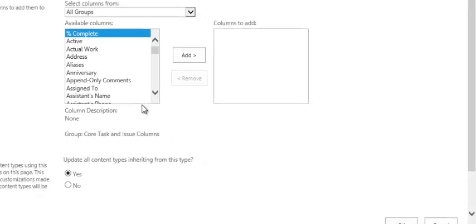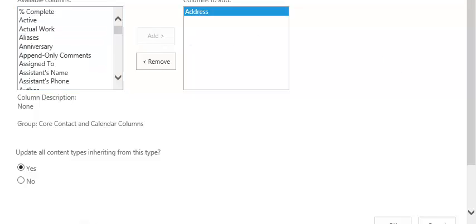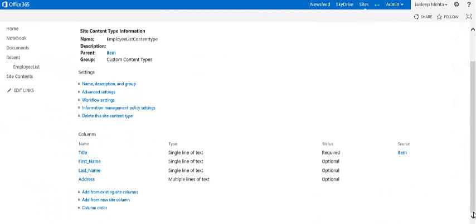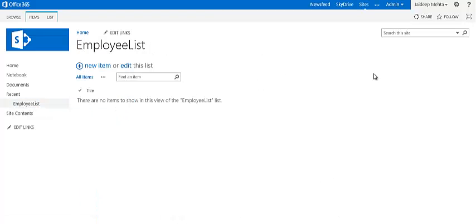Okay, I see an address, so I select address, click OK. So this is a new content type that consists of first name, last name and the address. What I do, I go back to the employee list,